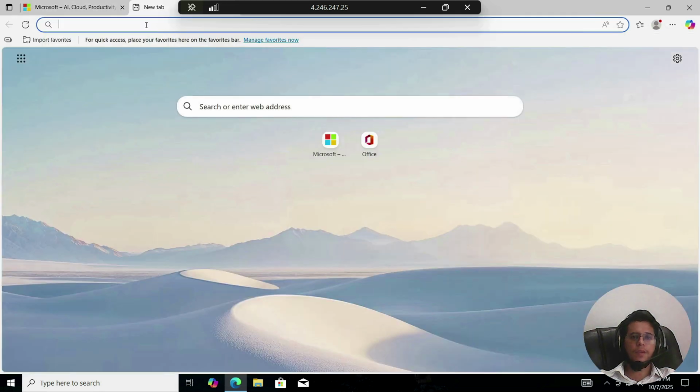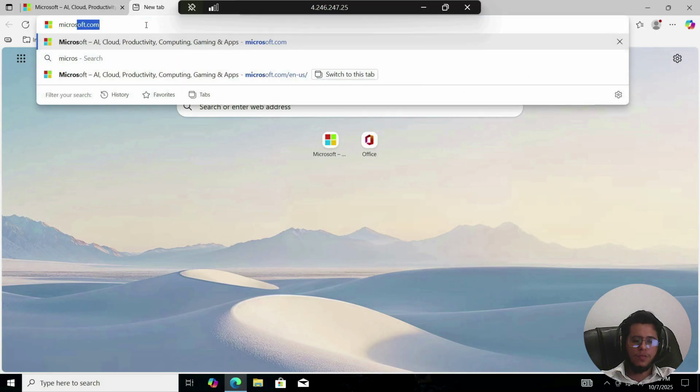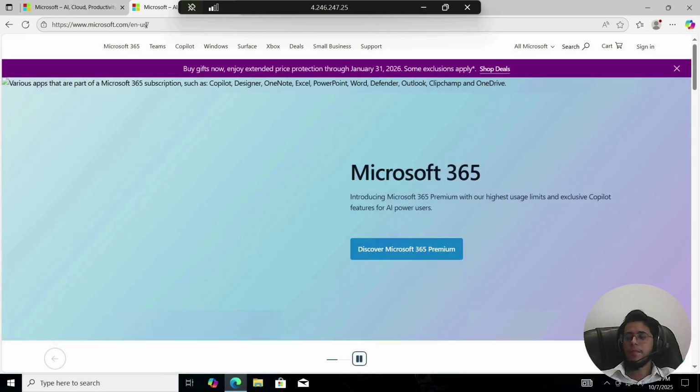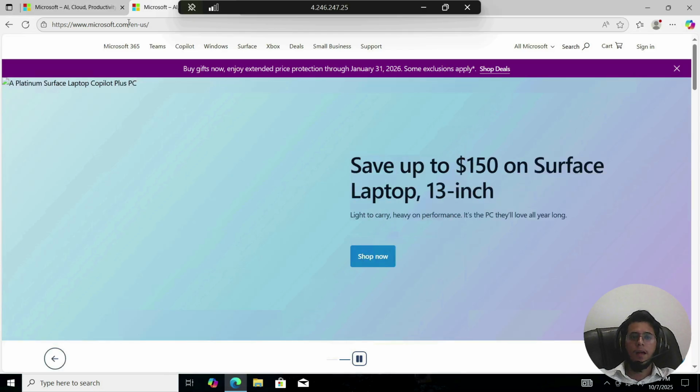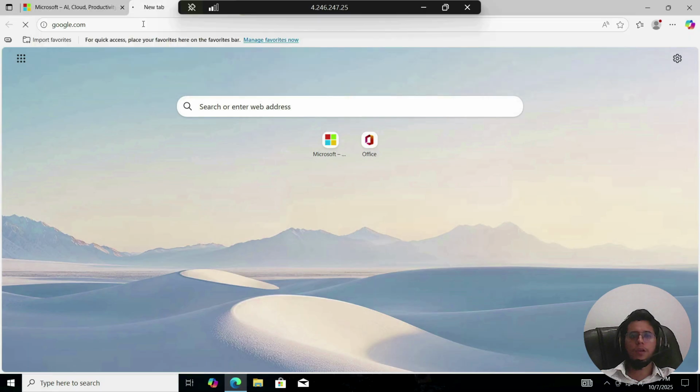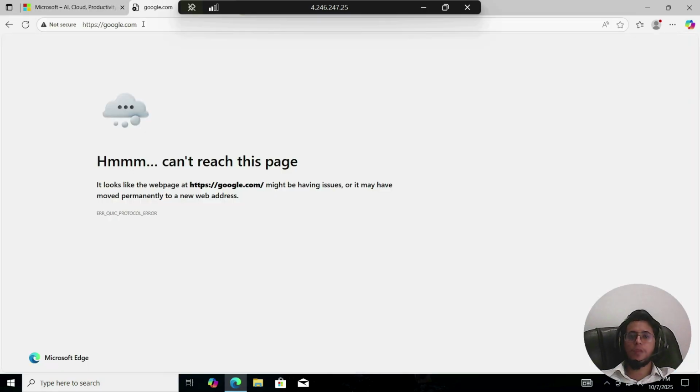Same way if I open here Microsoft.com, you can see it is open because I am using Microsoft.com and www.microsoft.com as I have defined in the rule. Apart from this one, if I try to open Google.com, this will not allow me to open it because no rule is added for it. So that is how we can use the Azure Firewall and make our environment more secure.